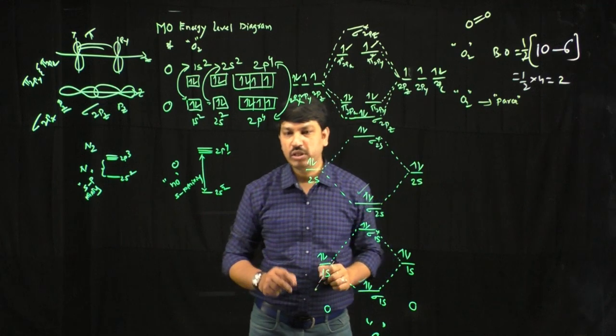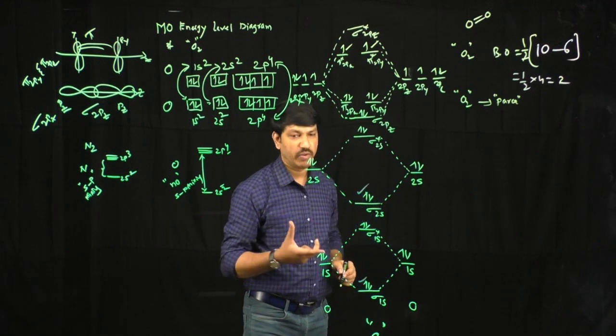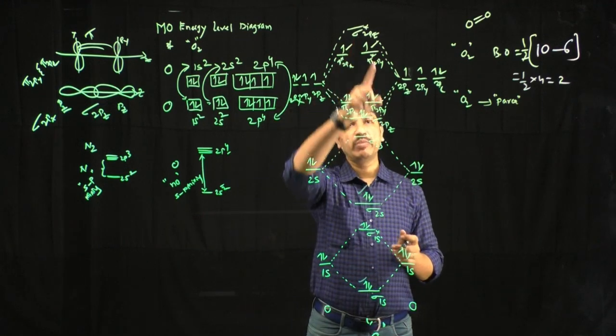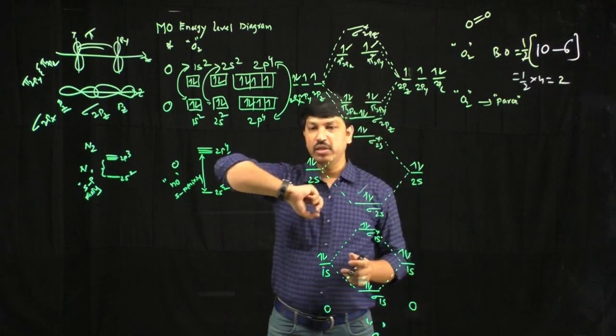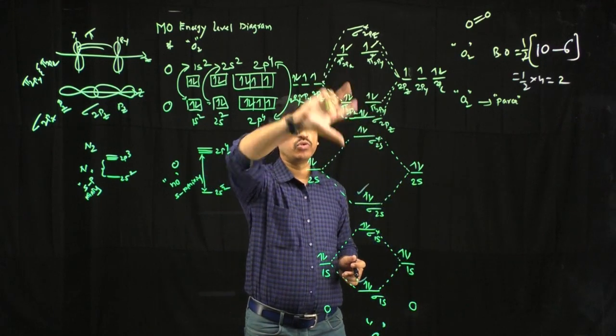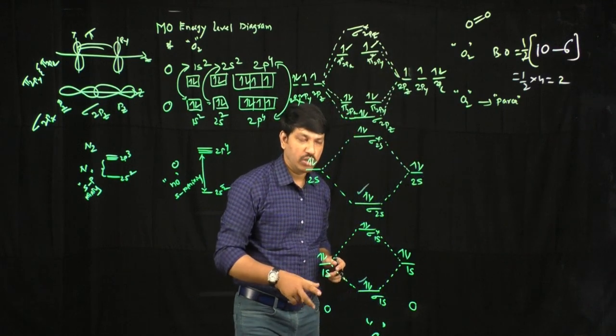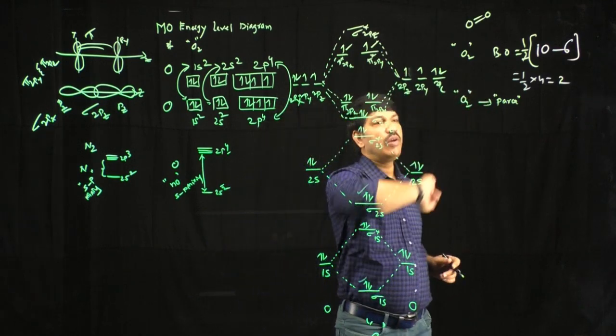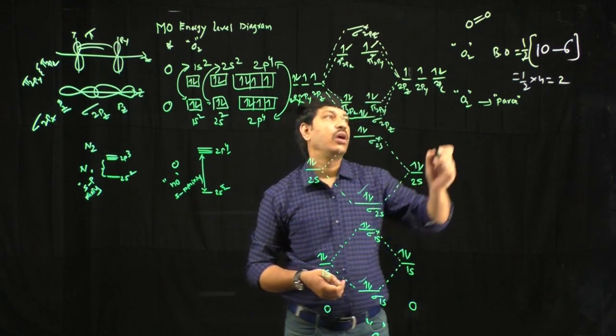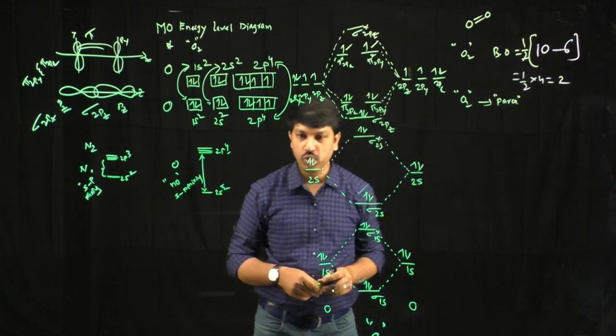paramagnetic in nature. This particular point is not properly explained by valence bond theory, but we can easily explain it by using the MO energy level diagram. If we construct the MO energy level diagram for the O2 molecule, it shows 2 unpaired electrons available in the O2 molecule. That is the reason the O2 molecule behaves as paramagnetic in nature, and the bond order value of O2 is like this.